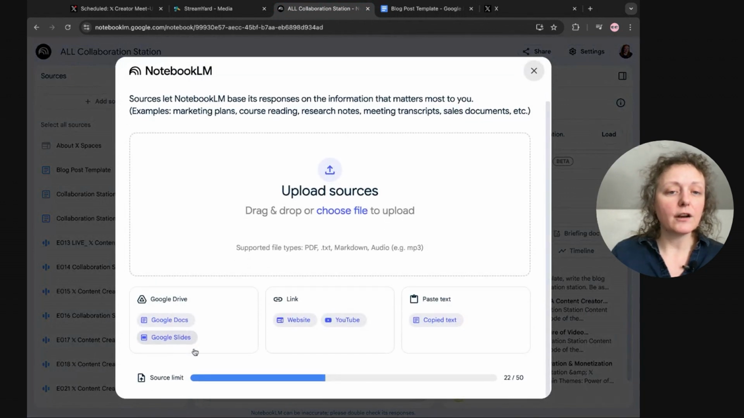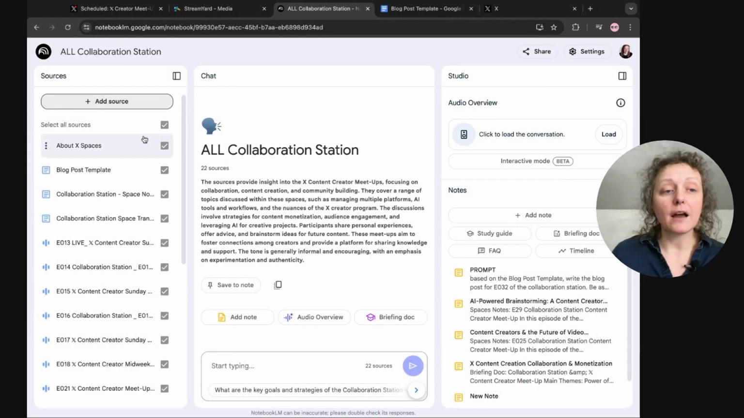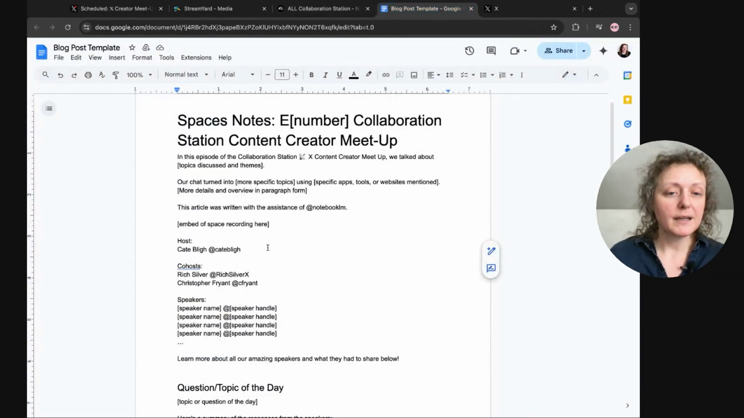And then you'll see here, I can upload anything, but I can also link to Google Docs itself. So I can go ahead and do that. You can even use a website, you could use Google Slides, you can even just copy and paste text in there. It's very cool. And something else: if I go into Google Docs and update this document, so maybe I want to have here a little note